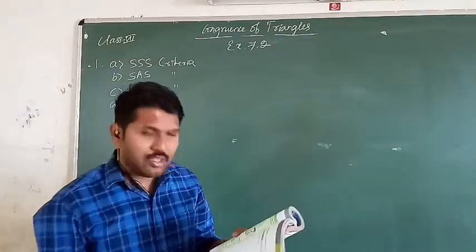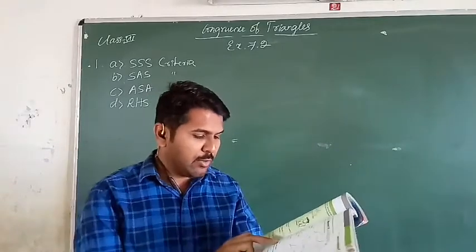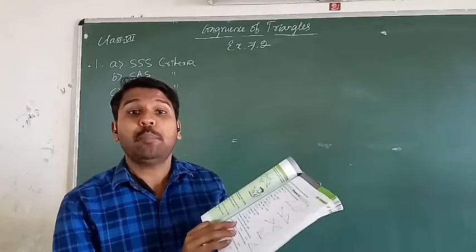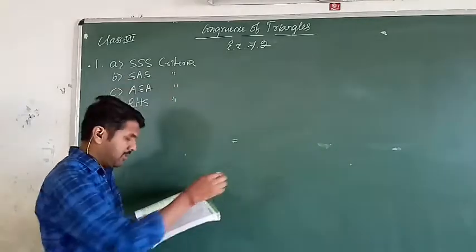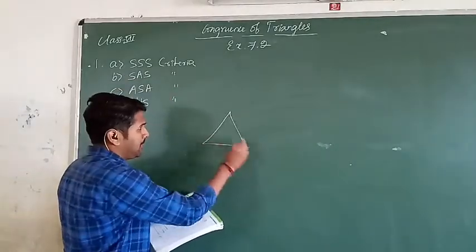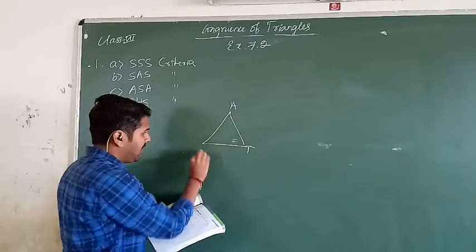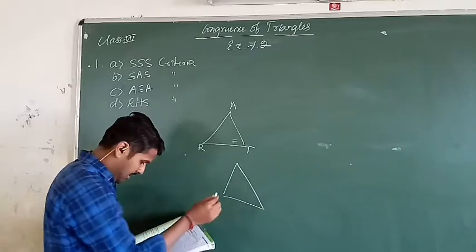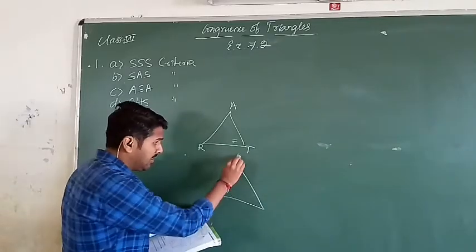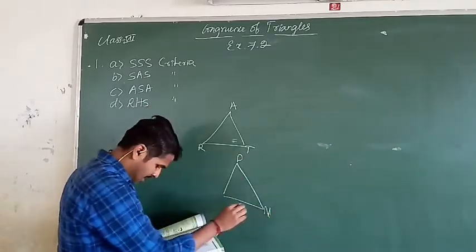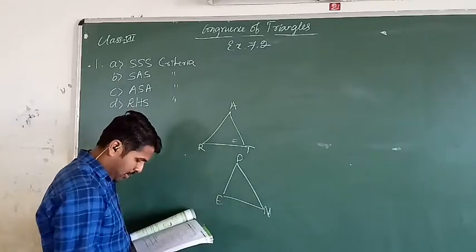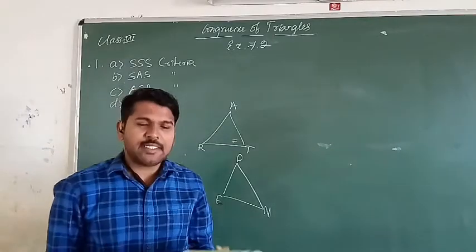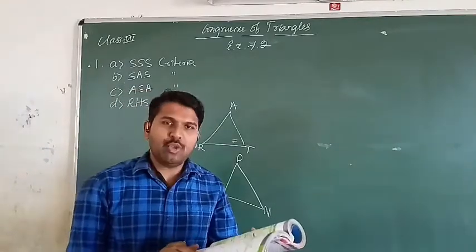So second one. Just check your book. In the second one they have already given the congruent triangles. You should write the congruent parts. So here they have given triangle ATR, isn't it? This is one angle, and this is another. This is one side, triangle PNE. So first one, A1. If you have to use SSS criteria, then you need to show.